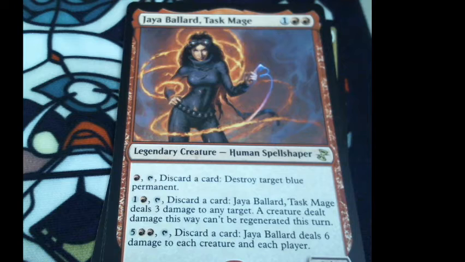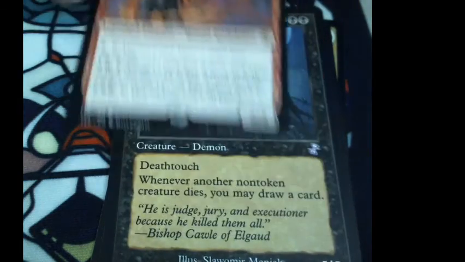And then it's got discard a card, deals 6 damage to each creature and each player, but that is 7 altogether, 5 colorless and 2 red for the last mode, which is deal 6 damage to each creature and player. 1 colorless and a red for the second mode, which deals 3 damage to any target. And then it can't be regenerated. And the first one is 1 red to destroy target blue permanent. And she is a 2/2 for 1 colorless and 2 red,